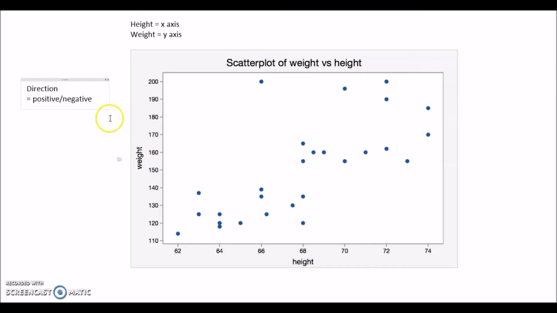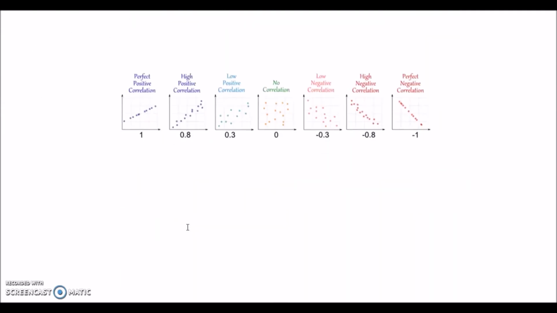Okay, so in direction, it either goes up or it goes down. If it goes up, it's positive. If it goes down, it's negative. Okay, the next thing we need to look at is the strength of the relationship. Alright, so with that, I'll bring you to this thing. Okay, now for the strength of the relationship,